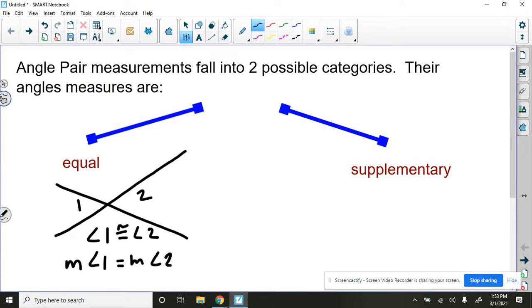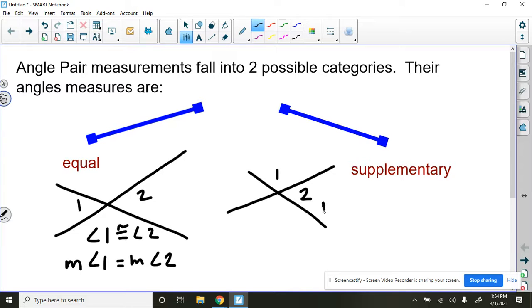So anytime you're looking at an angle pair, if their angle measures are equal to each other, you literally set them equal to each other with their algebraic expressions. Another scenario, let's say angle 1 and 2 here, well, in that setup they're a linear pair. Linear pairs always add up to 180. They're always supplementary. So we would not be able to say that angle 1 is congruent to angle 2 necessarily,